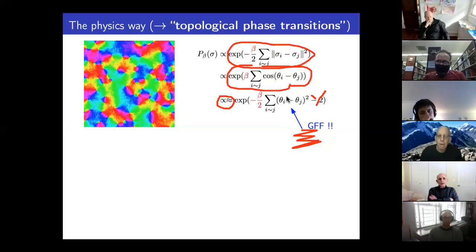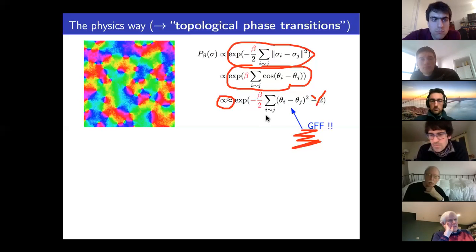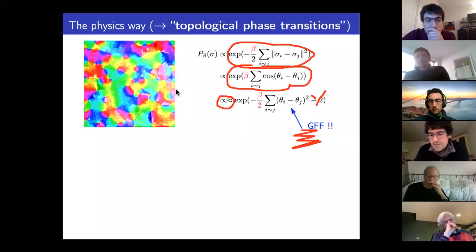And one way physicists have been dealing with that is that they would run what's called the renormalization group analysis. And they would try to see how the terms in front of the quartic terms and so on would flow under the renormalization group in order to analyze this system. But there is a second way of looking at it, which is very close to what Kosterlitz-Thouless and also Berezinskii